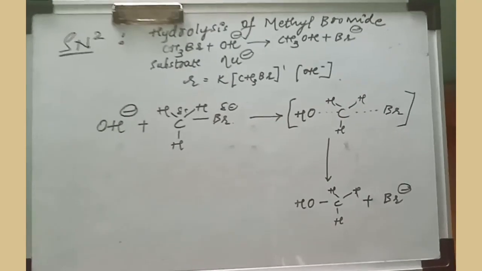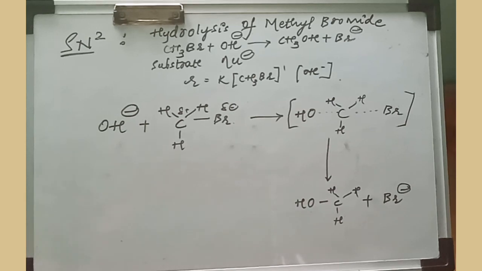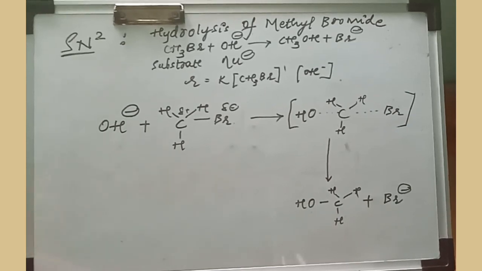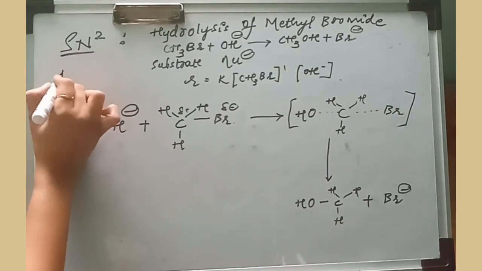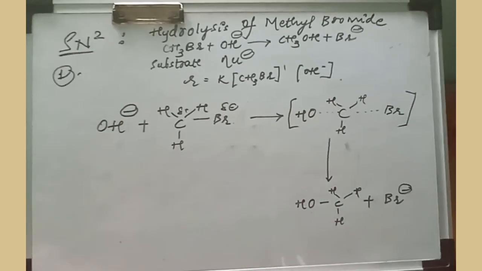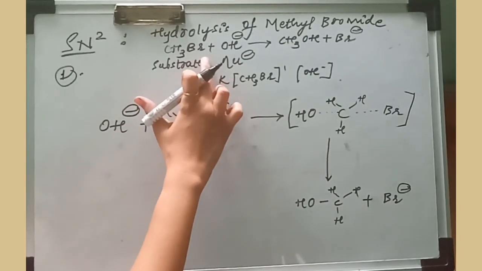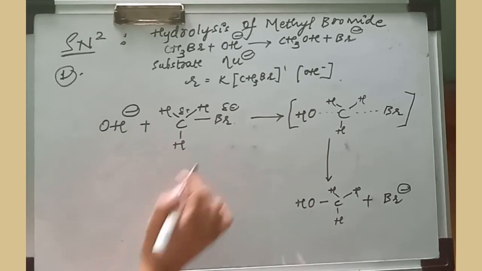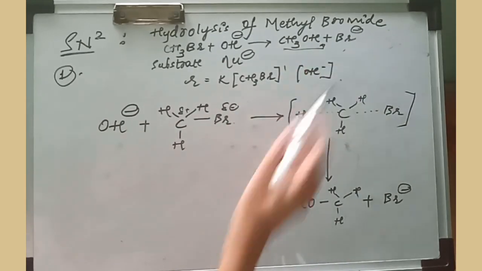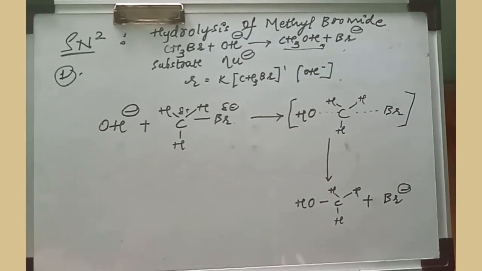The next nucleophilic substitution mechanism is SN2. For the SN2 mechanism, the example that we are taking here is methyl bromide, or bromomethane. SN2 mechanism involves only a single step. The general reaction I have written here: the substrate molecule, that is the reactant molecule methyl bromide, when reacting with a nucleophile, gives methanol, and Br minus is removed.